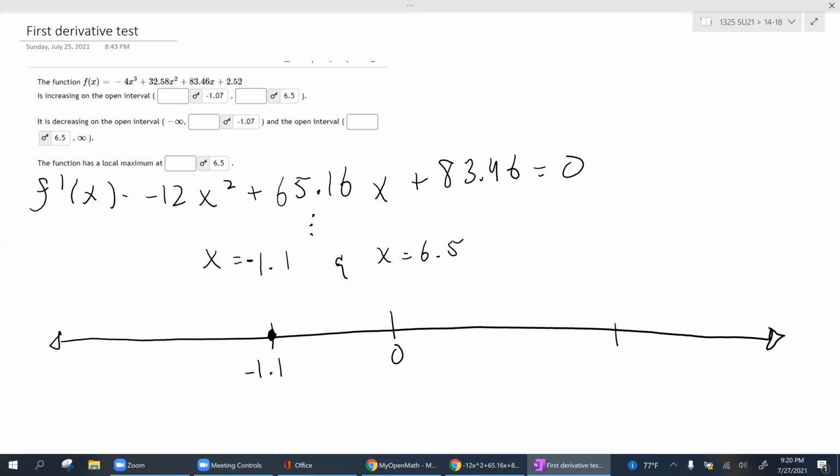And I'm going to go ahead and plot this one as well, 6.5. Right? And I don't know if these are maxima or minima. So what I need to go ahead and do now,